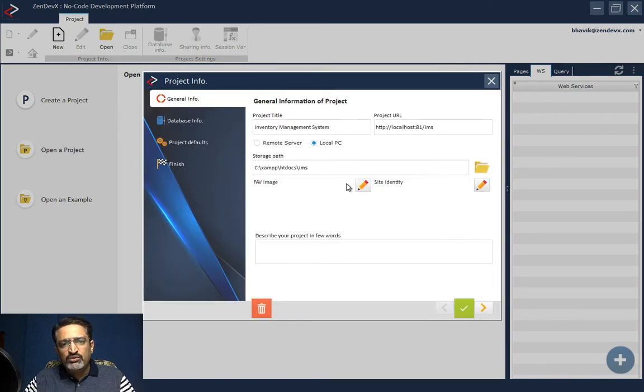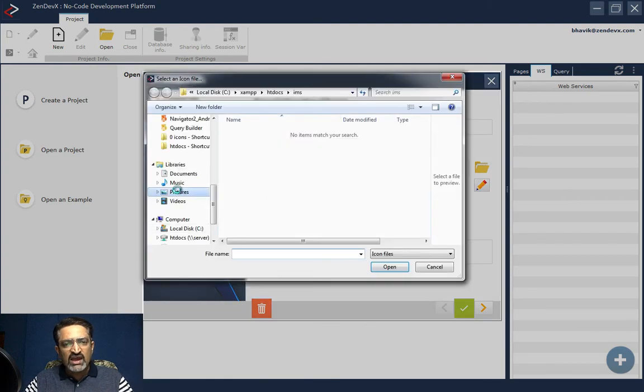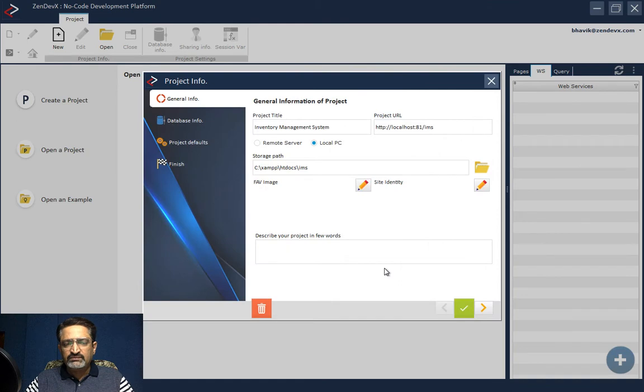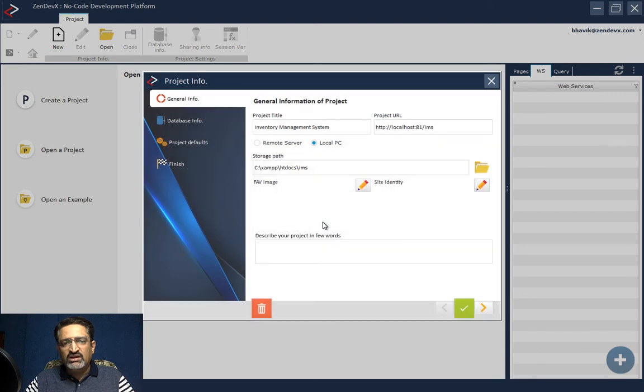Now if we want to put our favicon on our site, we need to select the ICO file, that is the icon file from your PC. So here is the icon file. This file will get automatically copied into your destination folder, which is available in your XAMPP folder.